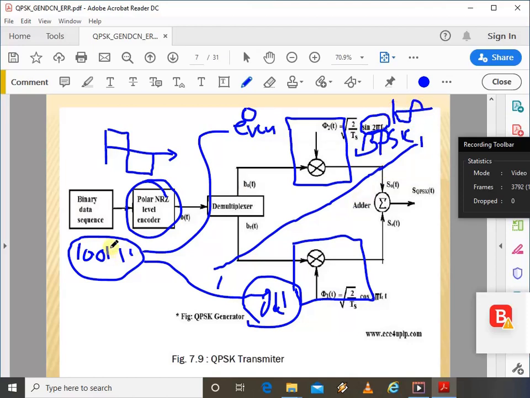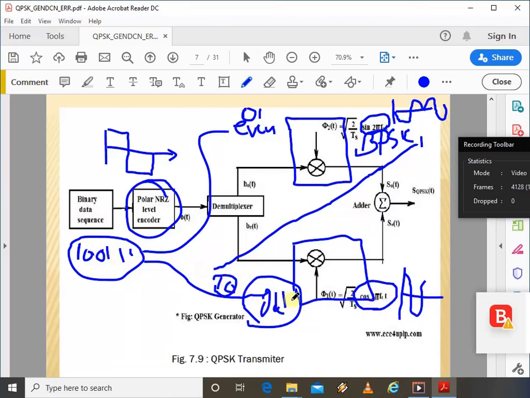Suppose the next bit in the sequence is 1. Here 1 is transmitted without any phase shift, meaning we are transmitting the sine without any phase change, like this. In the odd stream also, the first odd bit is 1. Here we are using the carrier cos 2 pi fct. So to transmit this bit 1, we transmit the carrier without any phase shift, meaning cos without any phase shift, suppose 1 cycle. Next odd bit, let me say it is 0 now.